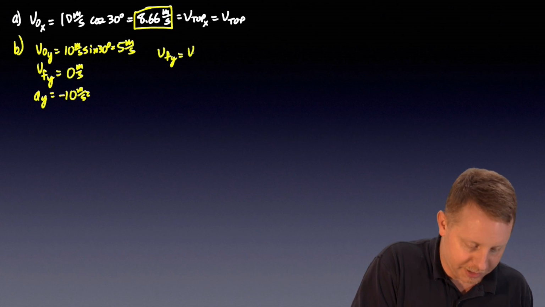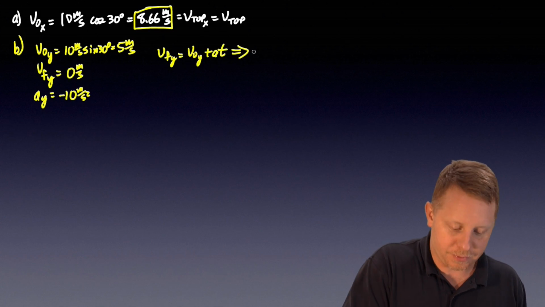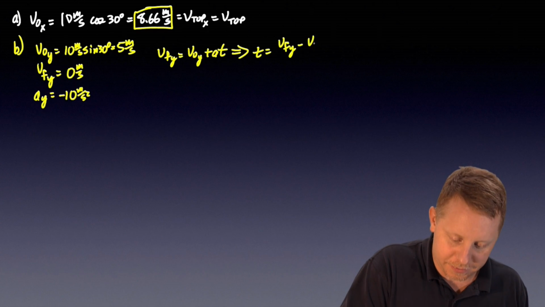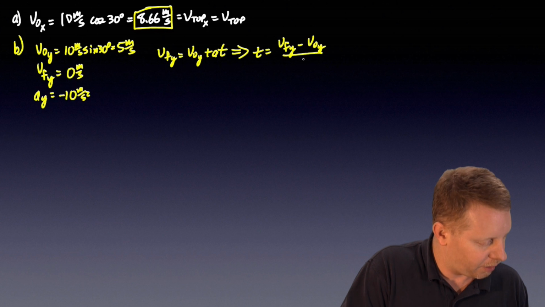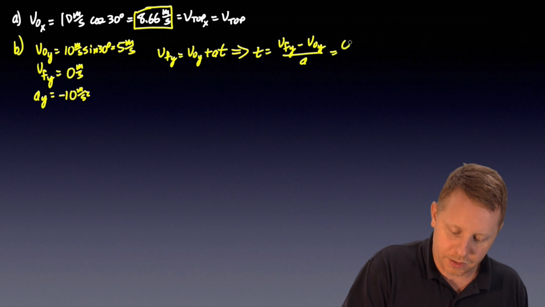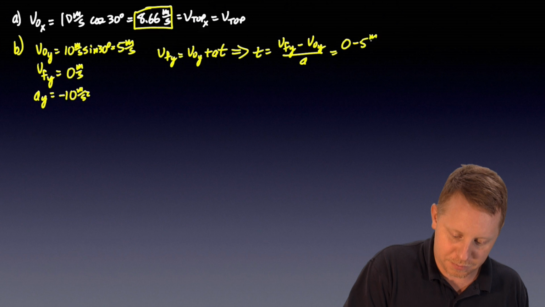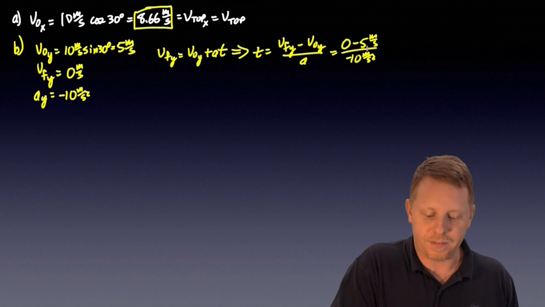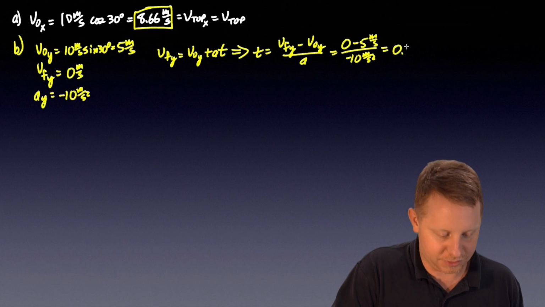So solving for the time it takes for that to occur, v final in the y direction equals v initial in the y direction plus acceleration times time. Therefore, our time is v final in the y direction minus v initial in the y direction, all divided by our acceleration, or 0 minus 5 meters per second over negative 10 meters per second squared. 5 over 10, that's just 0.5